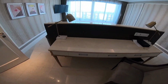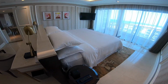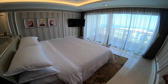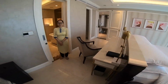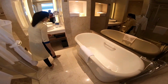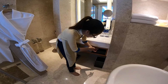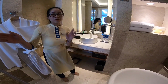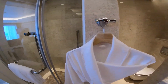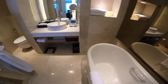It's a very nice room, and you have a lot of natural light in the room, with a very great sea view. So once you wake up, you will see the beach, and yeah, the color is very nice. In the bedroom, we set up the hair dryer inside the sink, and it's just only outside the bedroom for safety reasons. Here is the bathroom, you have 1 bathtub over here and 1 standing shower,